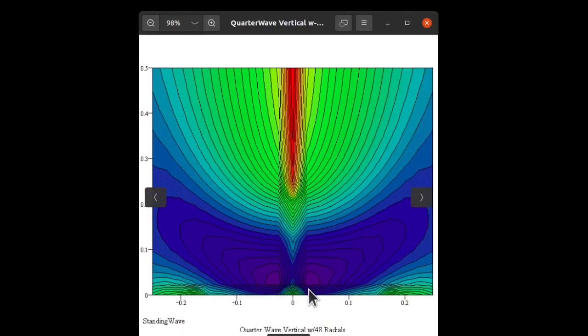Here, across the bottom, is a plus or minus quarter wave plan, and this is from ground up to 1/2 wavelength above ground. Now you notice that there's a lot of symmetries. It's certainly colorful, quite dynamic in the center here, and that's because from this point here, the 0 reference, to this point right here,